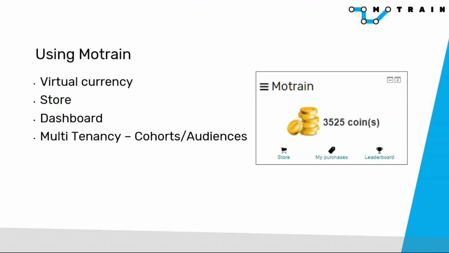And so what you're seeing on this picture here is just a picture of the block from the student dashboard. But we have a plugin and block that talks to our whole system. And the way it works is as learners go through activities, they complete activities and courses, they can earn, in this case, coins. And we can customize those coin values specifically to each activity and each course as they're marked complete by the criteria set on the LMS.